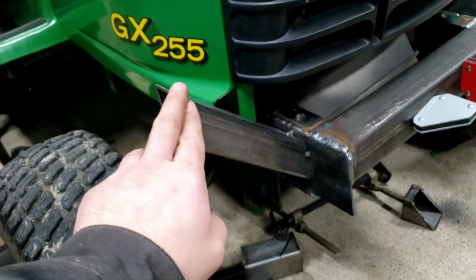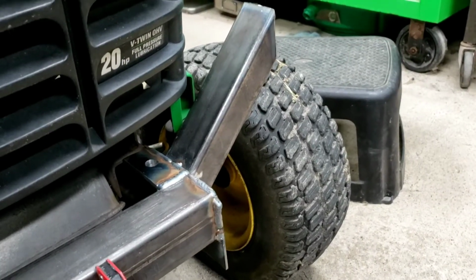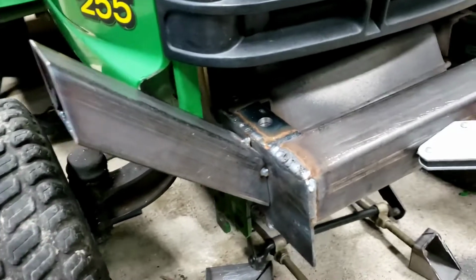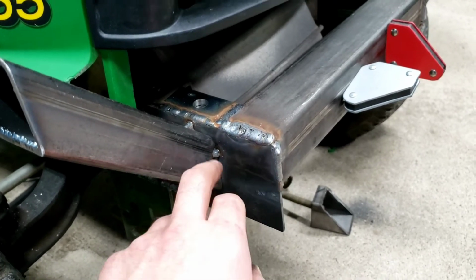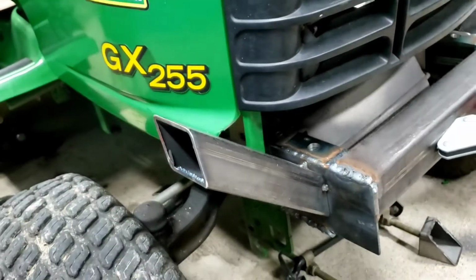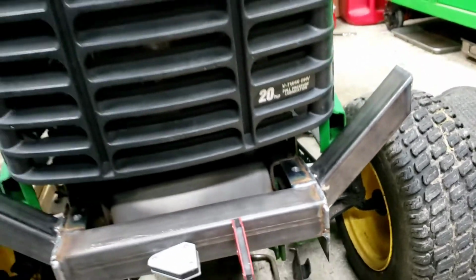Just got these ones done. Chopped them this morning and tacked them up. It was very, very hard to get them close to being the same as far as this distance from the bottom up, that distance, everything, you know, that way. But I got them close, so hopefully